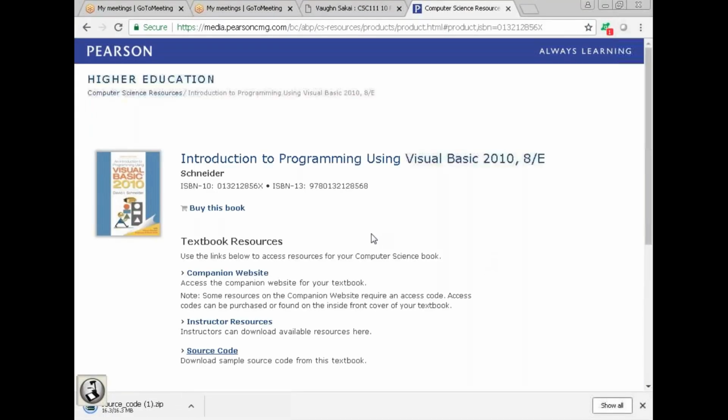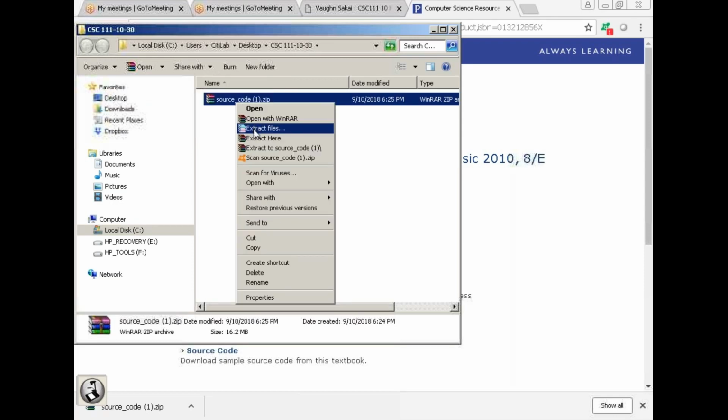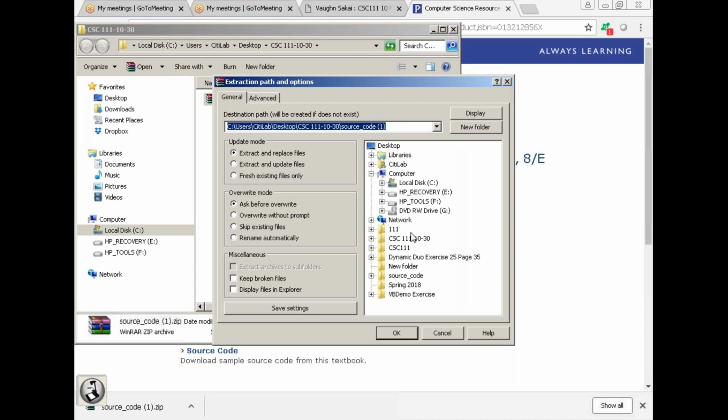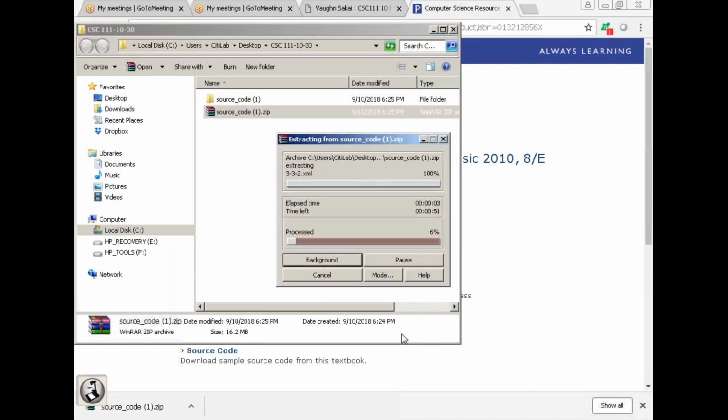So I'm going to click on Save. And it's a zip folder or a zip file that was downloaded. I can just click on the download to see where it was downloaded. And since it's a zip file, I can just simply right-click on the zip file and say Extract File. Okay? I'm going to use the default to extract the files. So it's going to put it in the folder that I created, which is on the desktop of this computer, and I'm going to click on OK. So it's going to take a little time to download all of the files, and